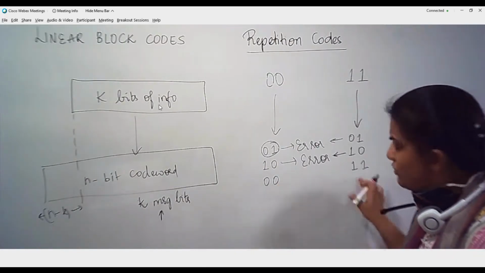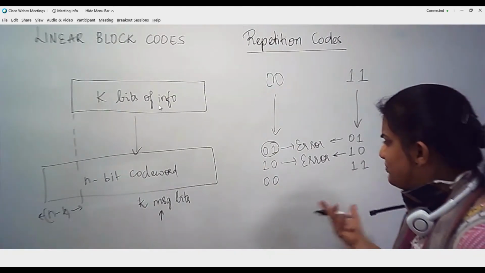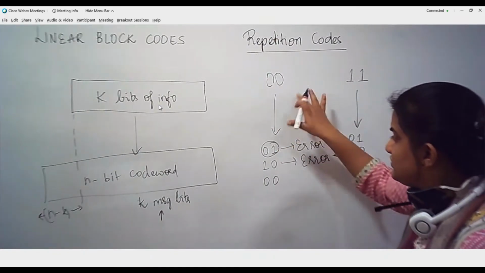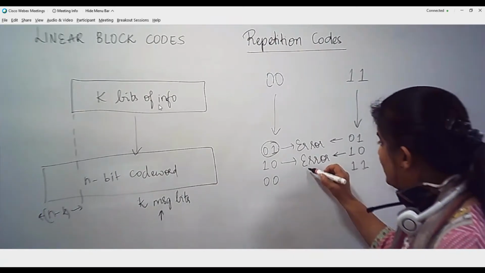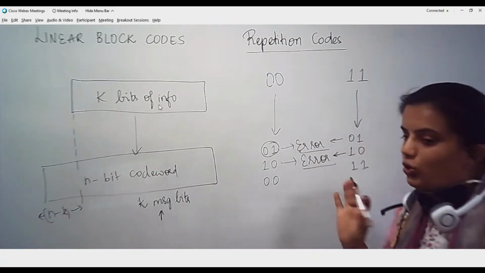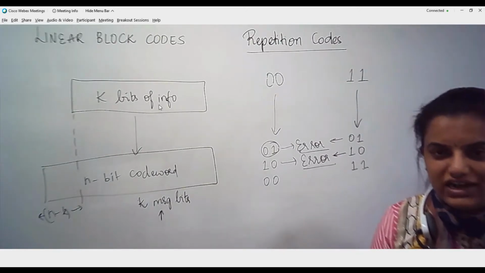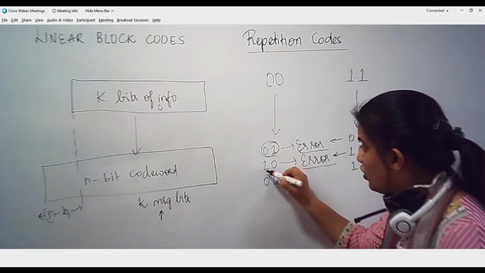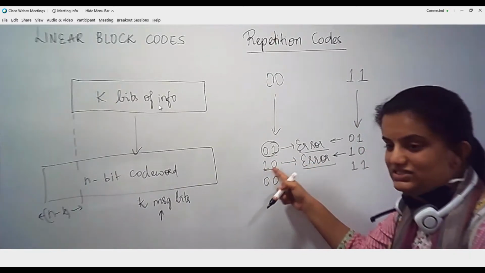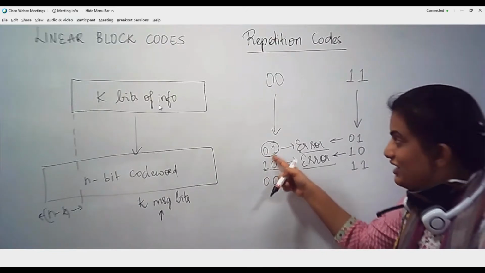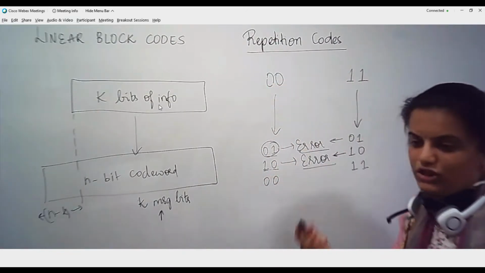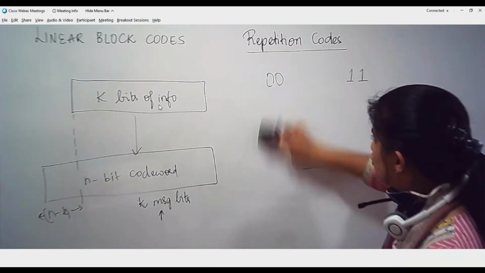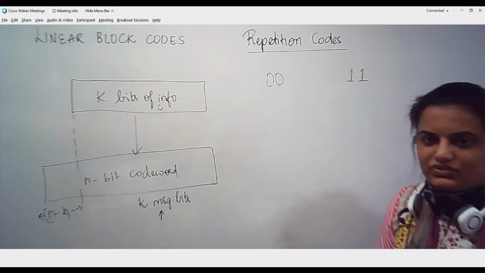But for proper transmission, it doesn't matter. It's a proper transmission, it has no significance, meaning we need not process anything over here. But when it comes to a 1 bit error, I will be able to decide that it has ended up in an error. But still, whatever 10 I have received, I will not be able to figure out whether it is due to 00 or 11. So what we do in the next step: this 2-bit repetition is not enough.